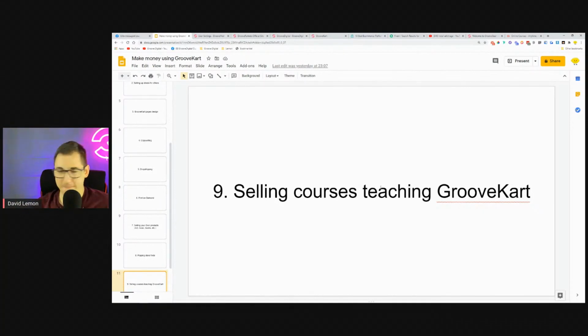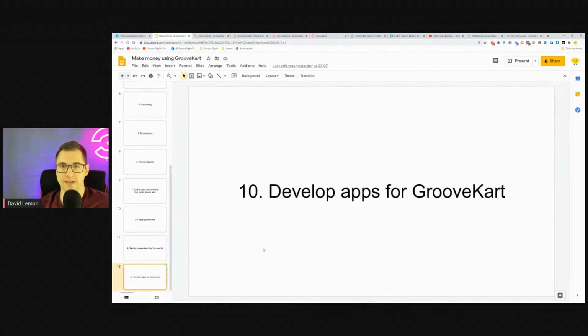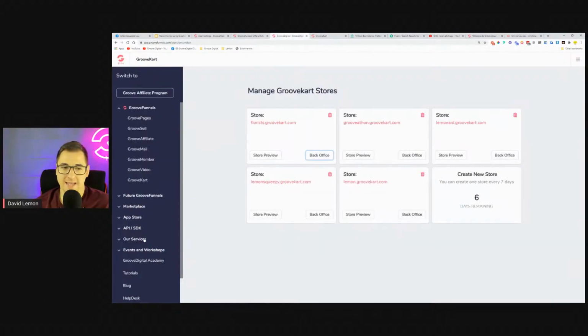Awesome. And then the last thing is something that is coming very soon, but this is the thing that makes the most money, I believe, for companies like Shopify, and this is developing apps for the actual platform. So if you want to go this way, you would need to know a little bit more about developing apps, developing tools and integrations and API and whatnot. But very, very soon, our API and SDK over here